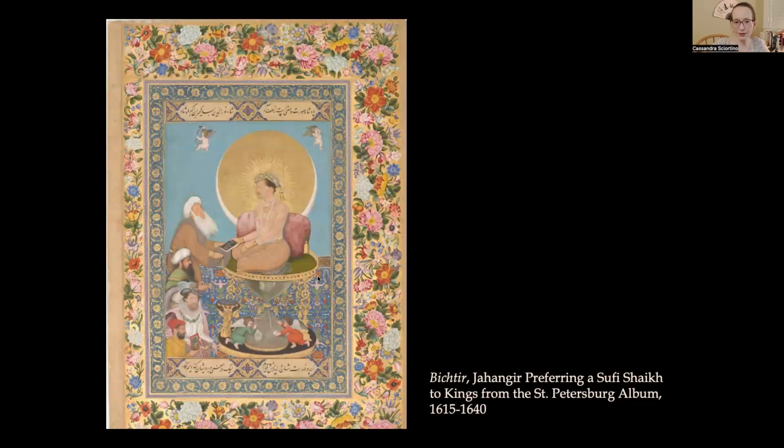The other point here is that the connection between Jahangir and Sufism is partly through his father. When Akbar had no living heir, at the tender age of 28, he was worried about not having a child yet, and he consulted with a Sufi, an Islamic mystic named Shaikh Salim, who assured him a son would come soon. After a child was born,